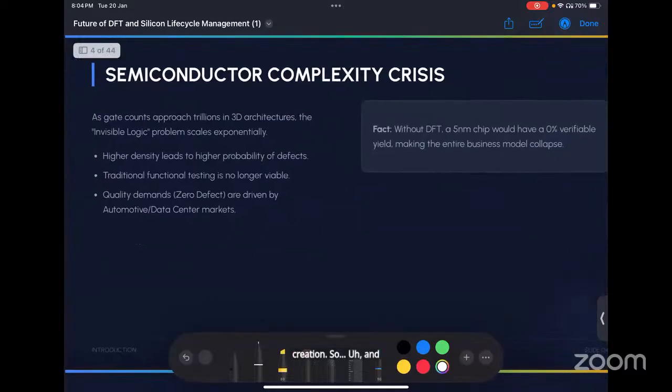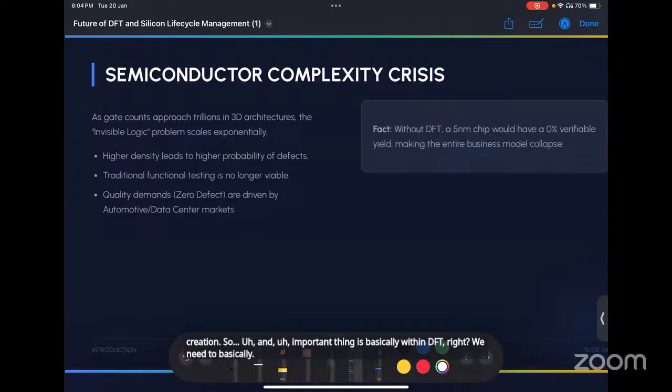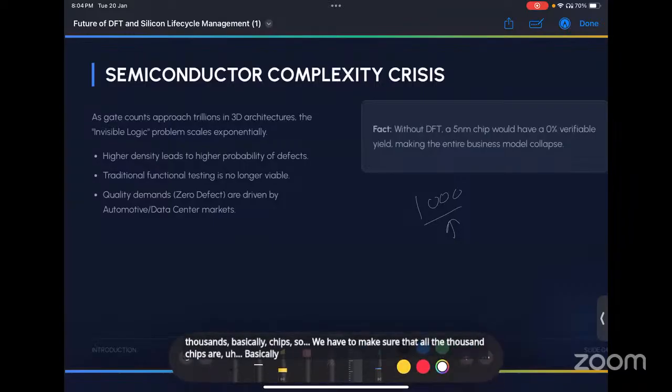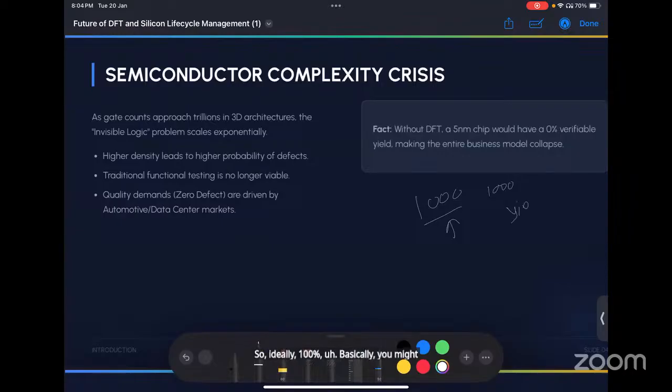An important thing with DFT is that, let's say we manufacture thousands of chips. We have to make sure that all thousand chips are good and there is no manufacturing defect. Ideally you want 100% yield, as you might have heard, but 100% yield is not possible. So in every company, based on the purpose of the chips,